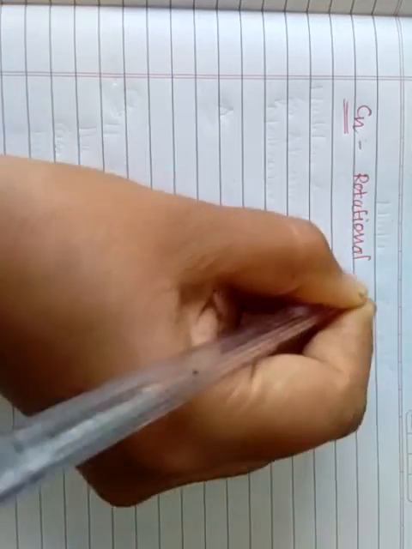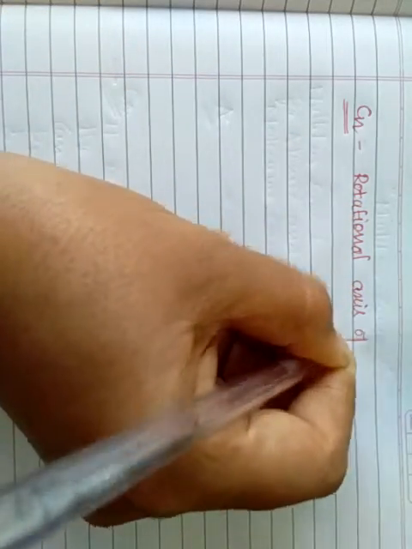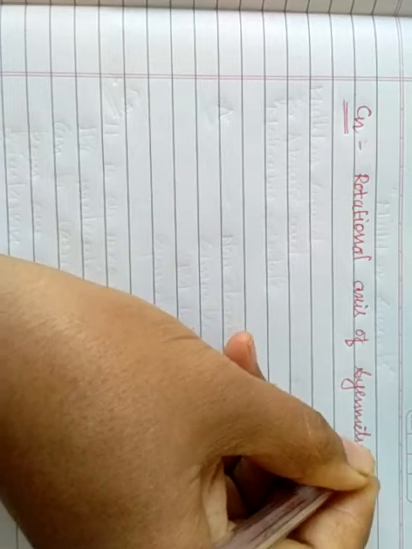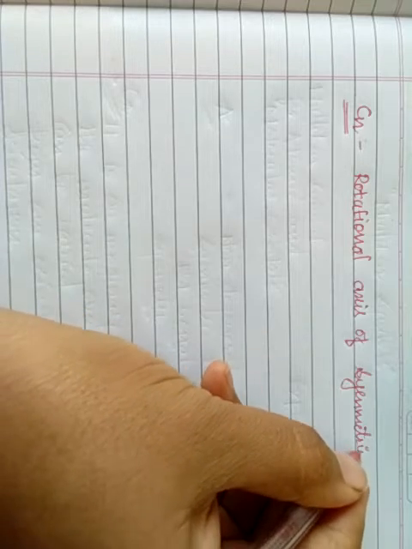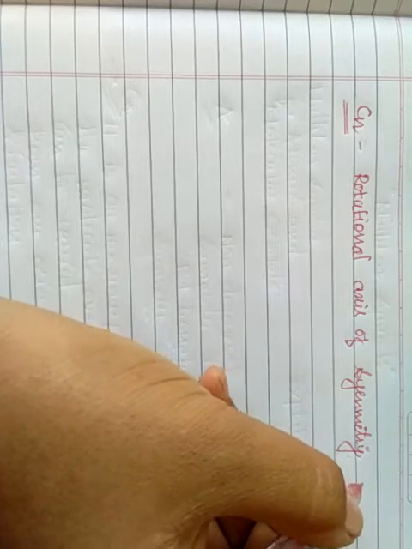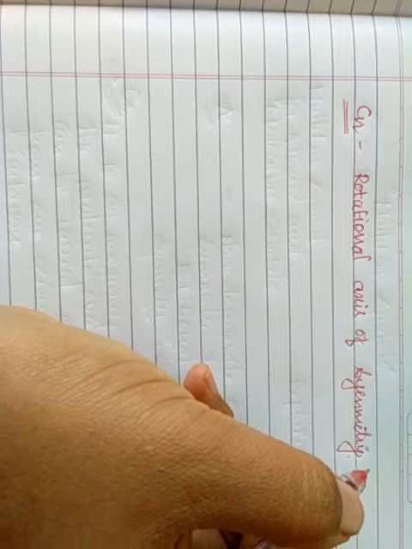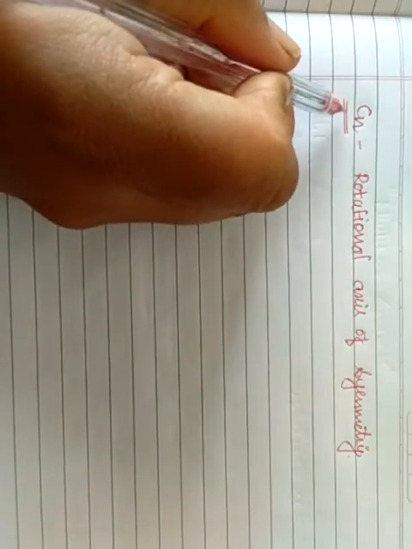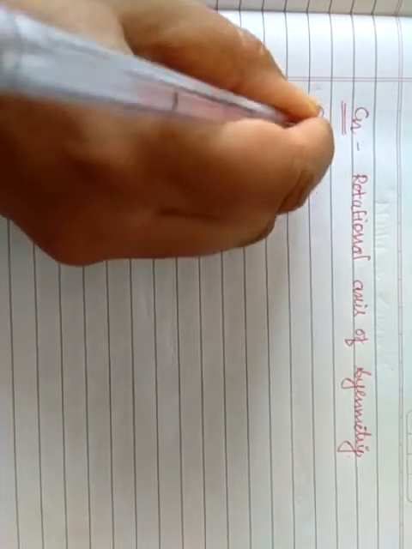I have already told you about the Cn, that is rotational axis of symmetry, isn't it? We have already learned about it. That is an imaginary line or imaginary axis passing through the molecule, over which rotation can be carried out to take the molecule from one orientation to another equivalent orientation. That is about Cn. Next, about C2 I will tell you.